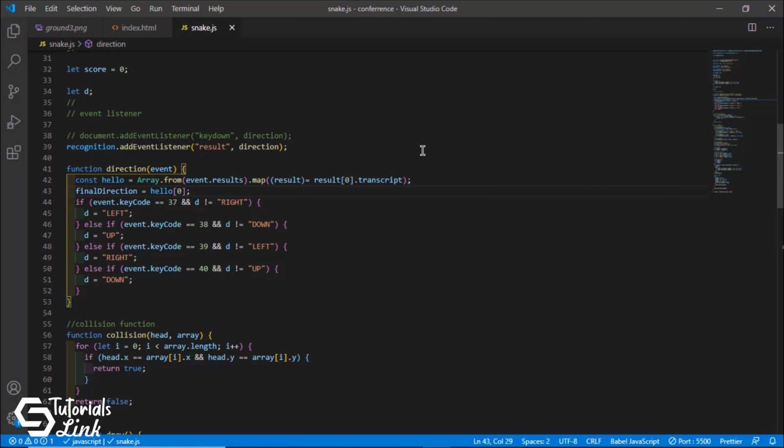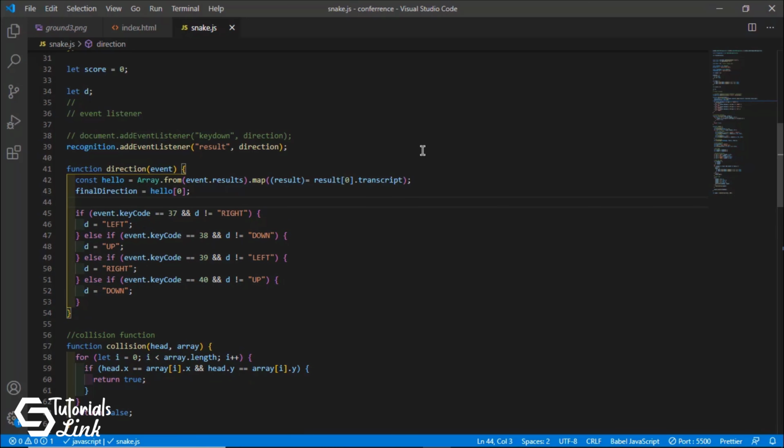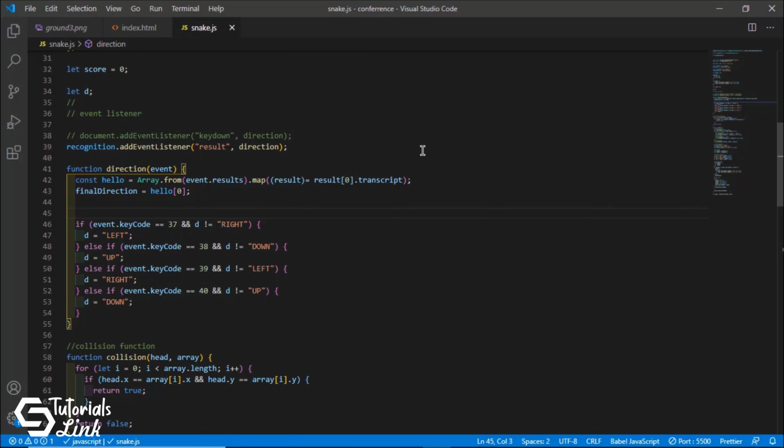So we got the 0th index of hello, but in the 0th index of hello we will get a string array. Like in a single array there will be several strings, and among the several strings we need to get the first one. To get the first one, let's say we declare let key. In this key we will get the first one, or we can just use the final direction also, but I will prefer using final direction.